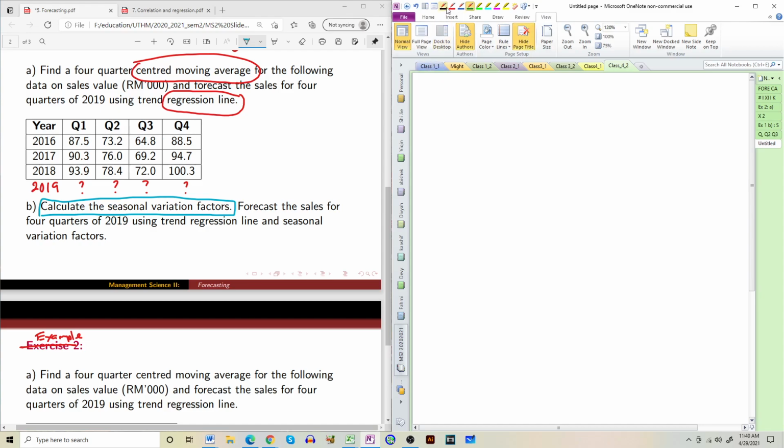So how to improve the forecasted value? In A, we have found for 2019 Q1 this would be the value we have found for exercise example 1 in A. Now we are going to improve. How to improve? You plus or minus, depends on the value. Okay, you plus anyway. You plus